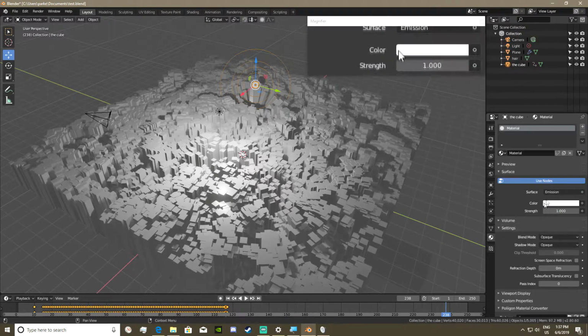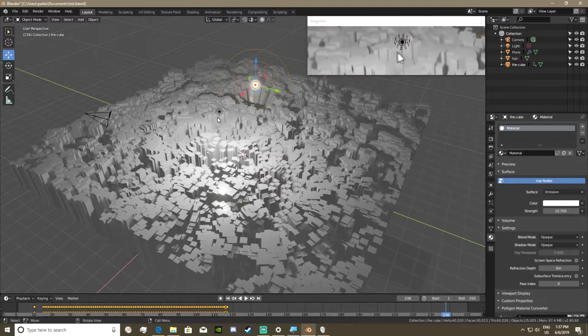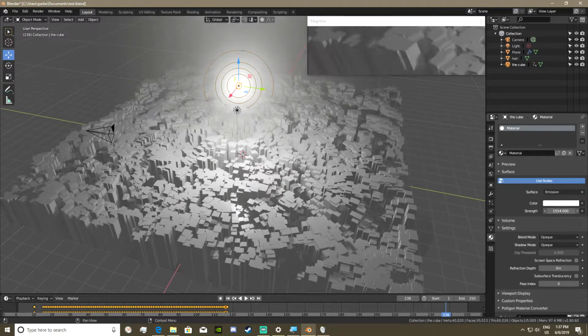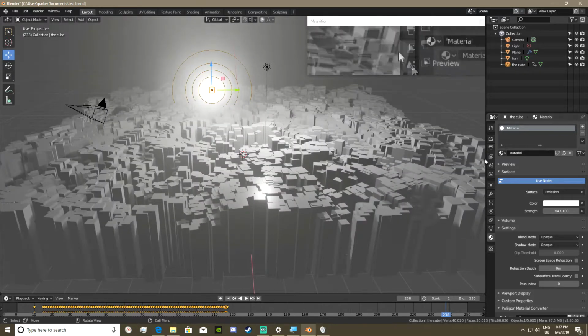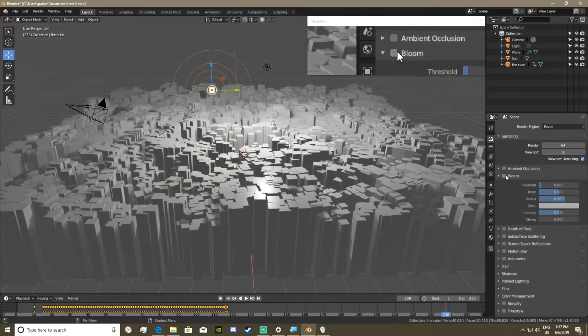That was glass. I need emission, turn it up. We're gonna do this anyway. I guess I need to restart. Okay. And if I turn my image up, you'll see there's a glare. That is bloom. I don't really know how to define bloom, but that's the only thing that is not in